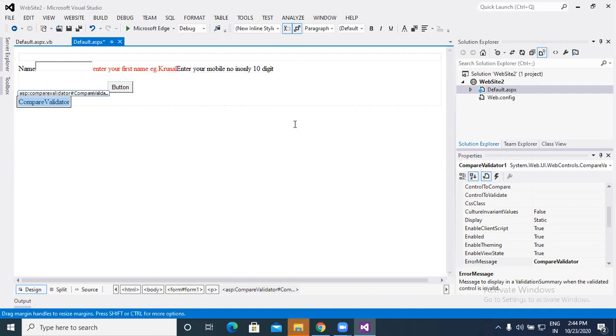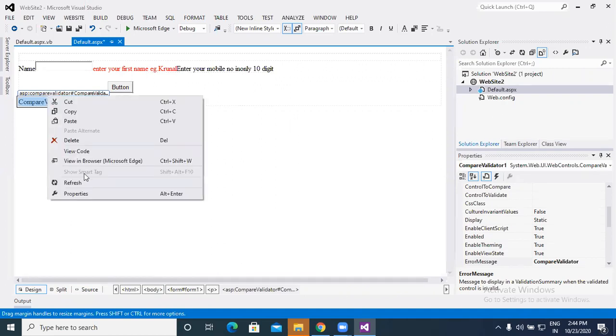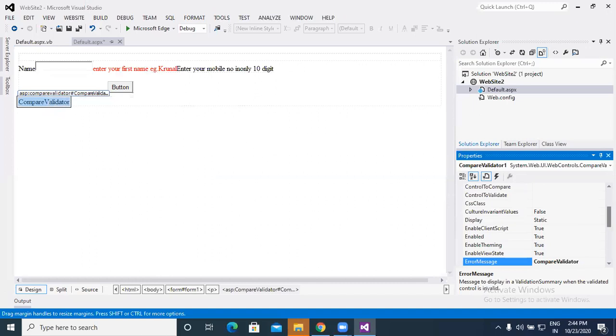If the passwords match for both text boxes, then it is accepting the data. Otherwise, it displays an error message, something wrong in the first and second password and confirm password. At that time it should raise the error message. So that is the work of that compare validator. In that regard, we can check the properties of it.